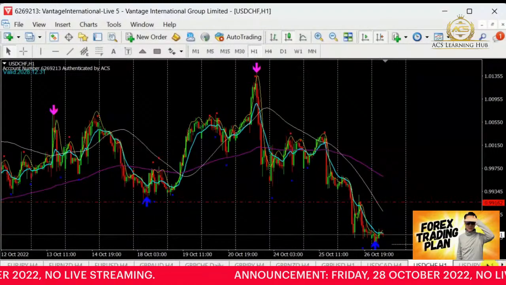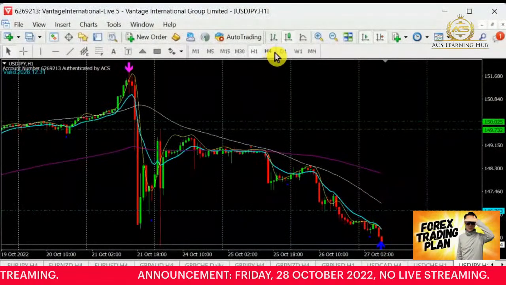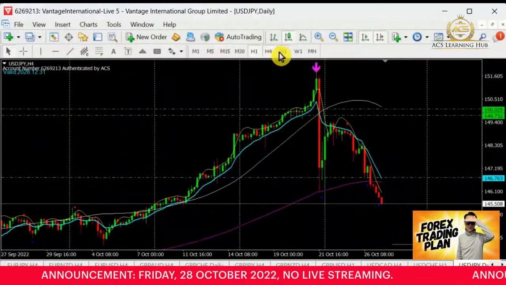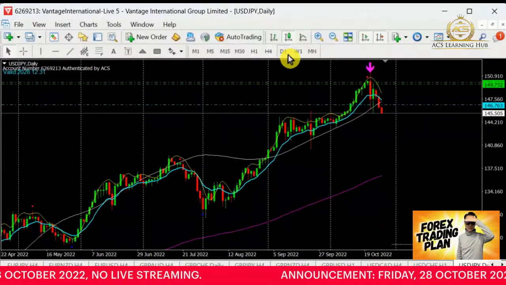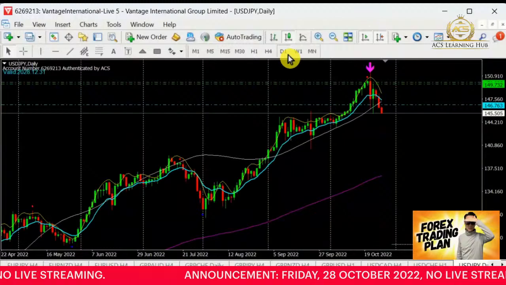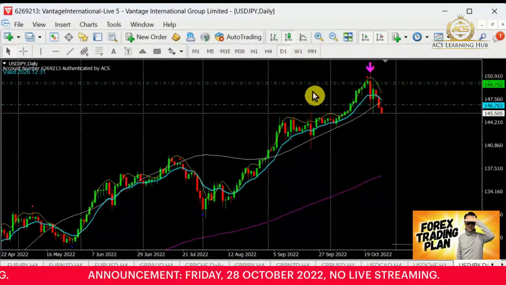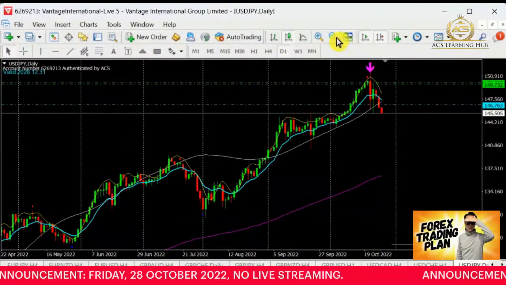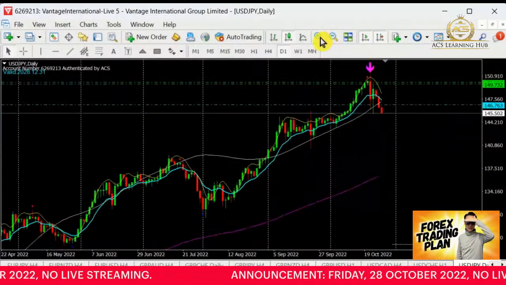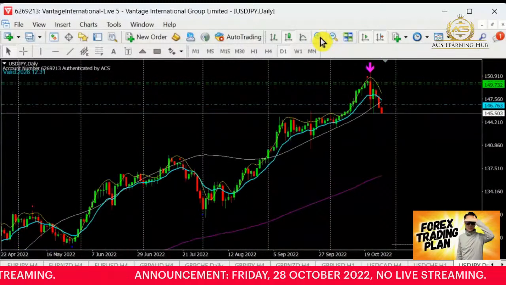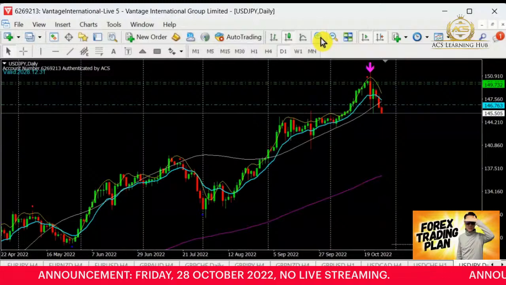So dollar yen. Wow, dollar yen, we are having a drop now. Is this a pullback? And are we ready to sell the dollar yen since it's so high now? Tentatively, if you're looking at this, the whole trend is still in the bull. So whatever selling here is still considered a pullback.